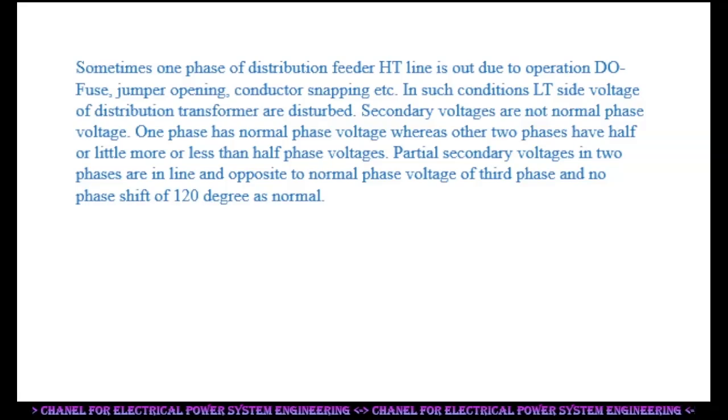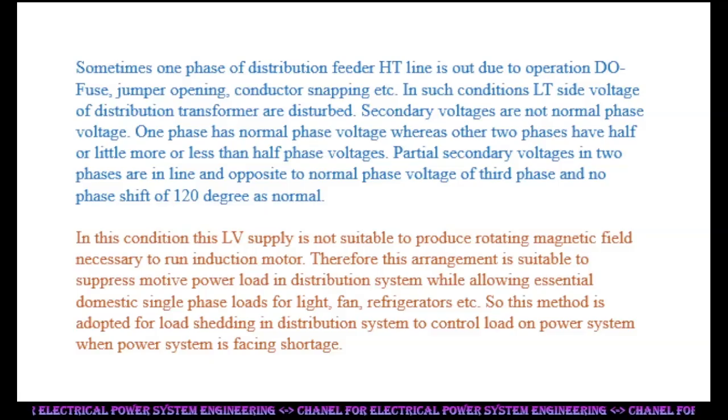voltages. Partial secondary voltages in two phases are in line and opposite to the normal phase voltage of the third phase, with no phase shift of 120 degrees as normal. In this condition, this LV supply is not suitable to produce the rotating magnetic field necessary to run an induction motor. Therefore, this arrangement is suitable to suppress motive power load in the distribution system while allowing essential domestic single-phase loads for